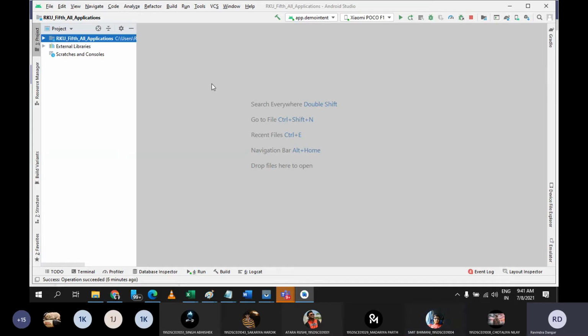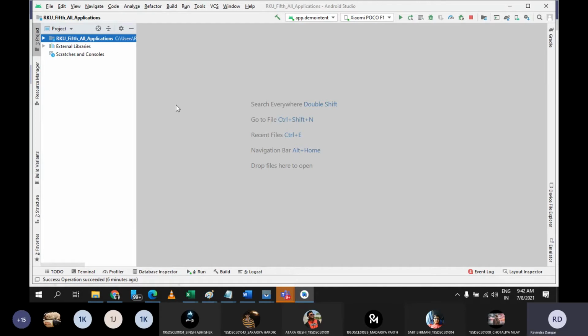Today, I will cover the entire concept of simple spinner, like how to place the spinner in the layout file, in the XML file, how to get the ID of that control in the Java file, then how to create an array, how to fetch that array inside the spinner, how to display it, everything we are going to discuss, and how to implement the selection event or click event of the spinner.